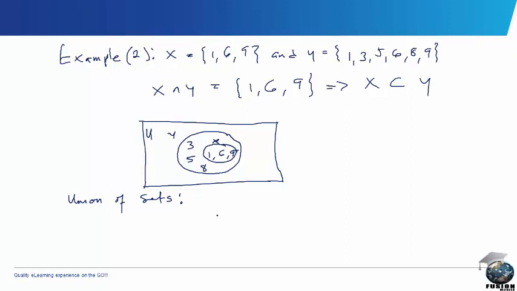The union of two sets A and B is the set of elements which are in A or in B or in both. Elements which are in A or in B or in both A and B, and so union is denoted with the symbol ∪, not necessarily a U. Alright, for example,